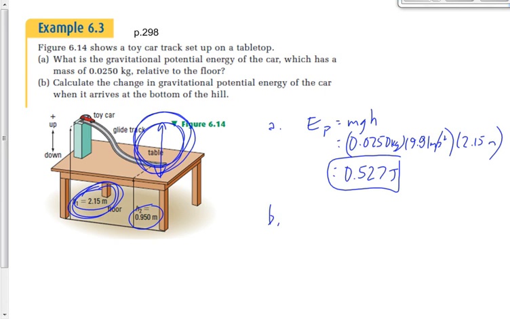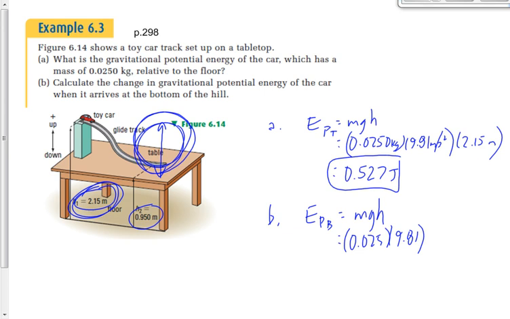Question B says, what's the change in potential energy of the car when it arrives to the bottom of the hill? Well, let's find the potential energy at the bottom of the hill. This is the top of the hill. Let's do the bottom of the hill. What height do I use now? Didn't we say I could define my 0 point wherever I wanted? Could I make the bottom of the hill 0 potential energy? I could if I wanted to, but not in this question,